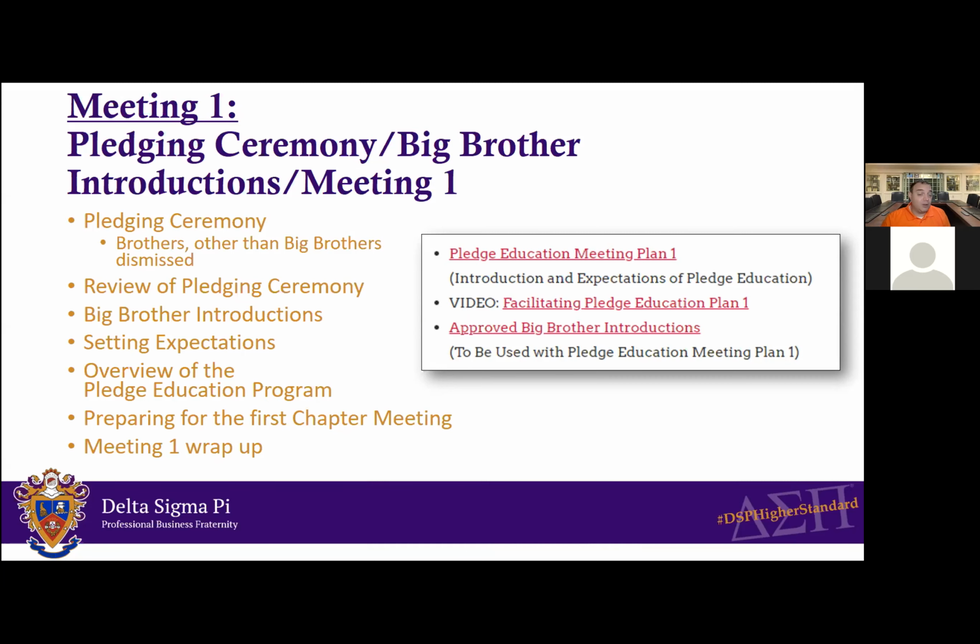Pledge meeting 1, as I mentioned, is going to cover the pledging ceremony. And this is the only pledge education meeting where other initiated brothers are expected to attend the pledging ceremony. Following that ceremony, those brothers are expected to be dismissed, except for those that are about to be big brothers. Going to go through a quick reflection of the pledging ceremony, your big brother introduction, setting some expectations as